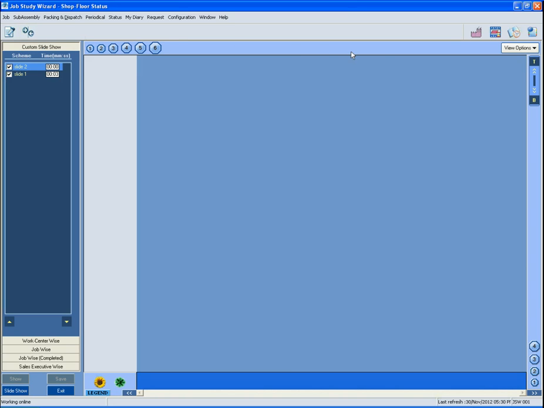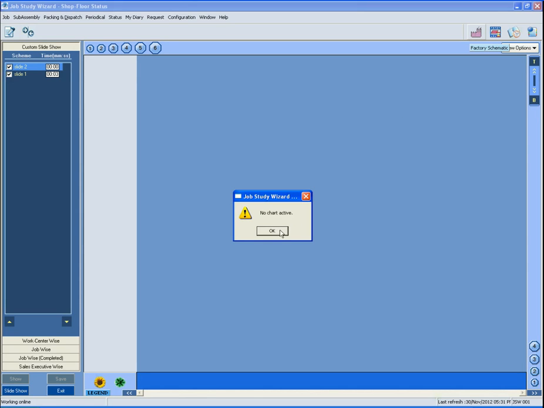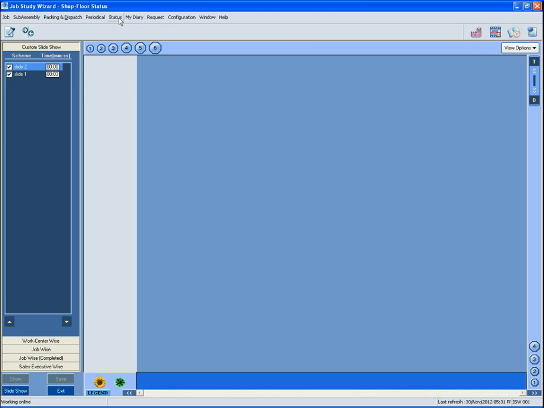Let us now turn our attention to the four icons to the right. The first icon is a shortcut to factory schematic, a feature disabled in the evaluation version. Let us now take our attention to the second icon, that is a shortcut to final product status, the third submenu item under status above, whereas the third button is a shortcut button to job status that happens to be the fourth submenu item under status.